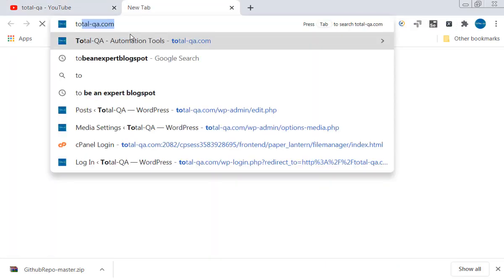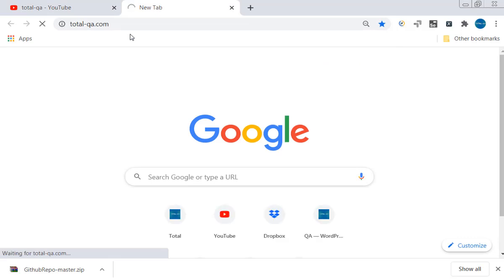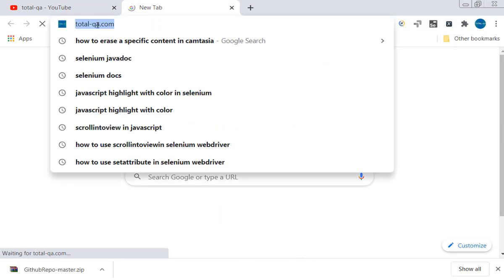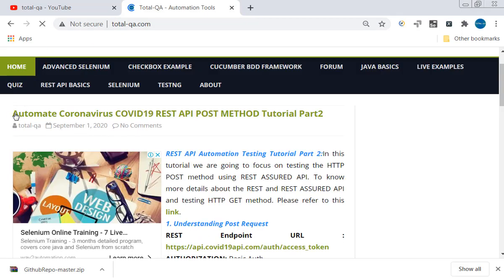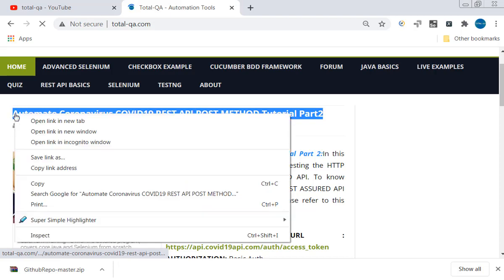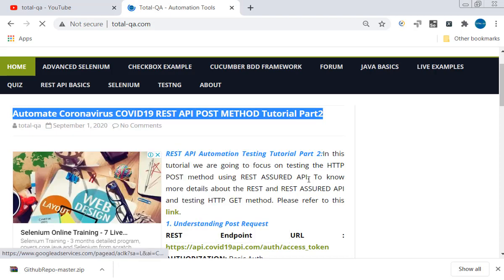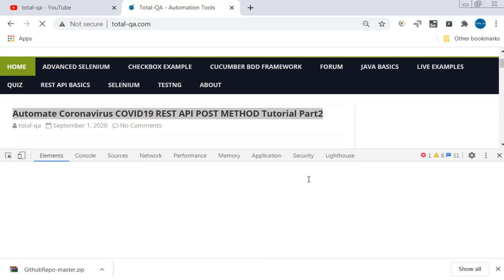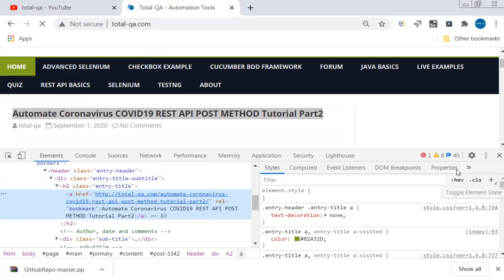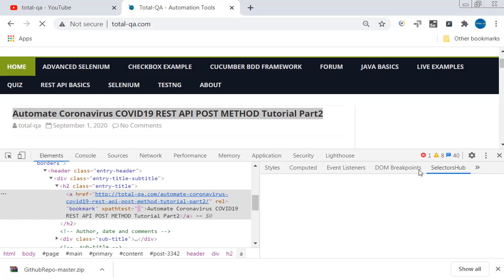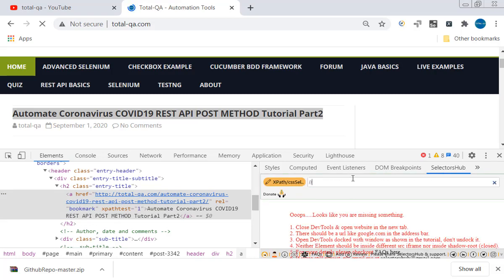Let me open the website. Okay, then you select this text and inspect, and you can see there is an h2 here, h2 class is equal to entry title. Let's open SelectorsHub, we can write our own XPaths.